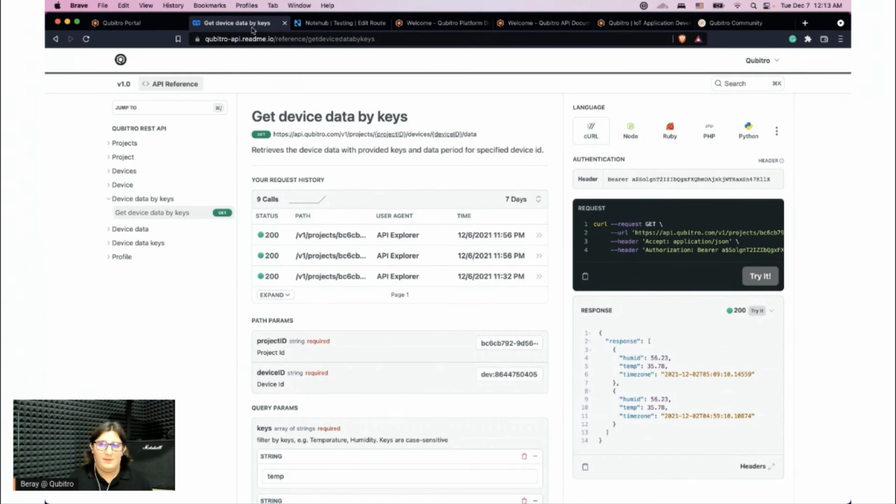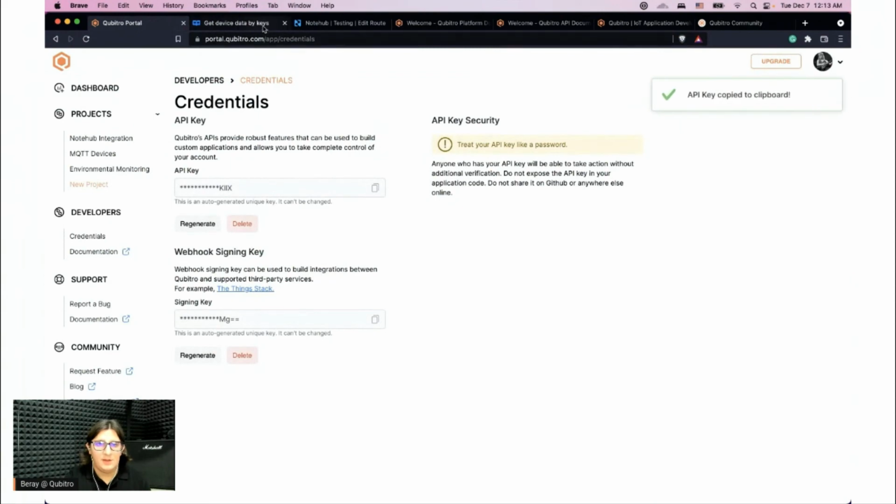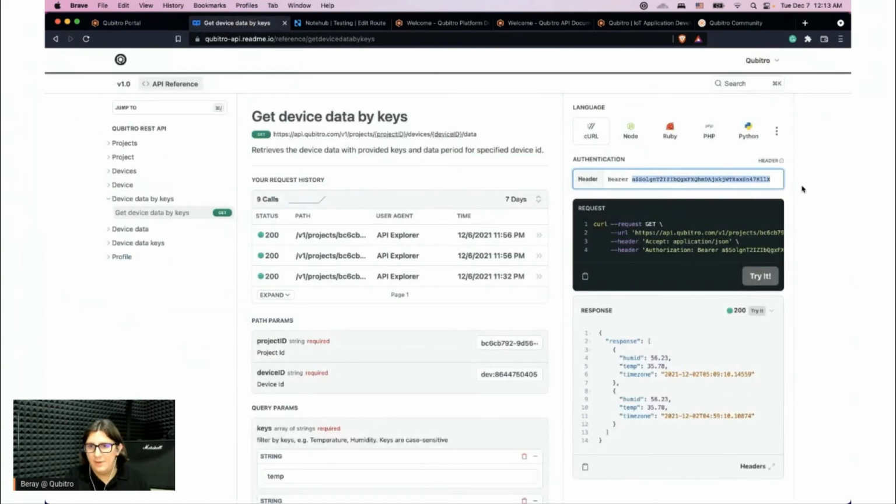So we believe that we can enable developers to build use cases however they like, whatever they like, which could be a mobile application that shows some device sensor values or any other information. They might be a startup who want to sell a solution by using IoT devices. So I just pasted my, let's get that again. And I'm pasting just my API key here.